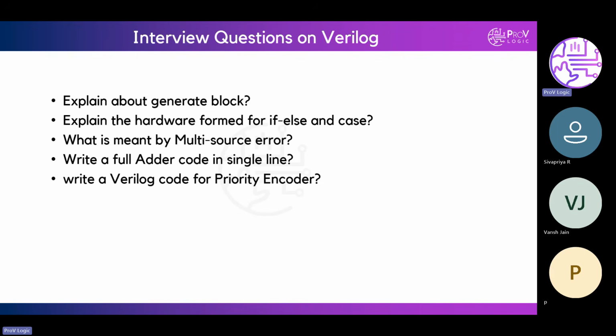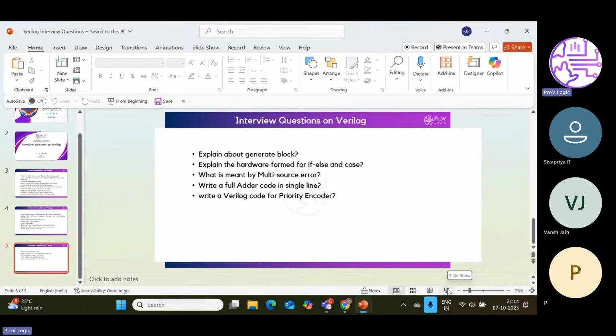What is meant by multi-source error? When will we face this kind of error? We discussed this already, and in all our sessions we discuss it. Shivpriya, do you have an idea on this? No, sir. What about you, Vansh?